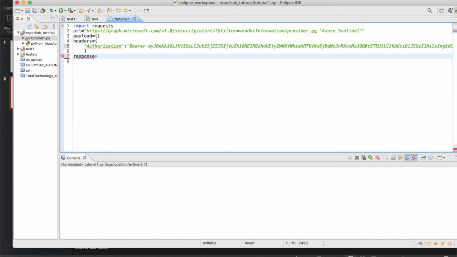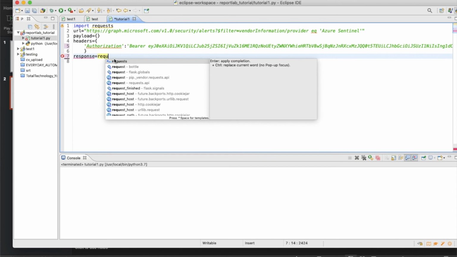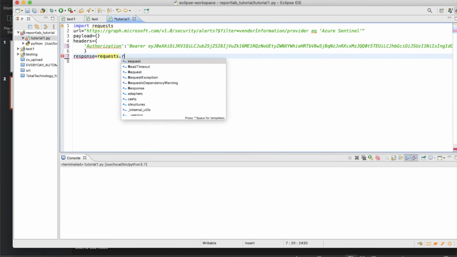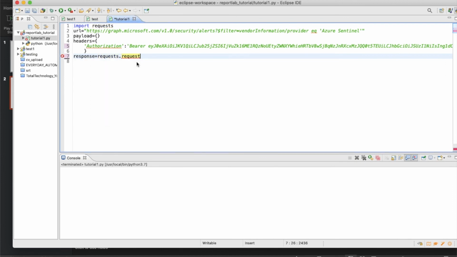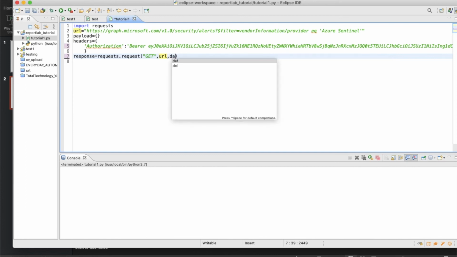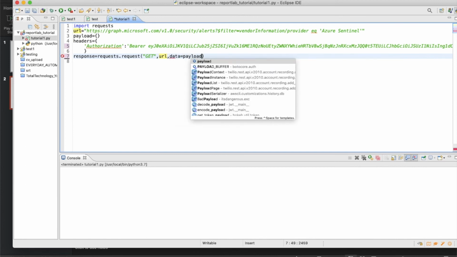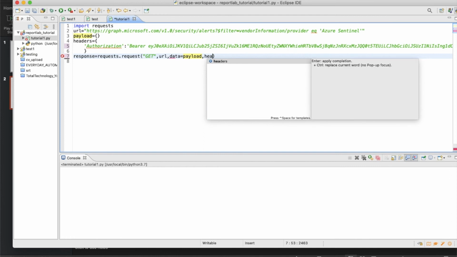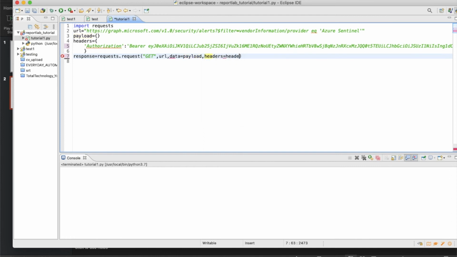So this is going to be the request. The type of method will be a GET request, and after that we pass the URL, data equals payload, and headers equals headers.